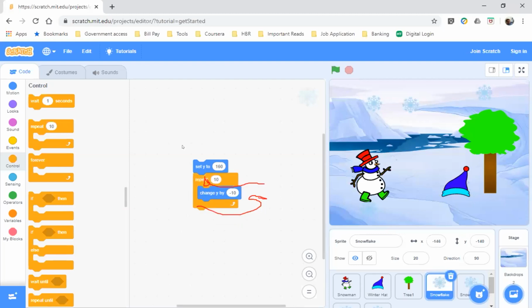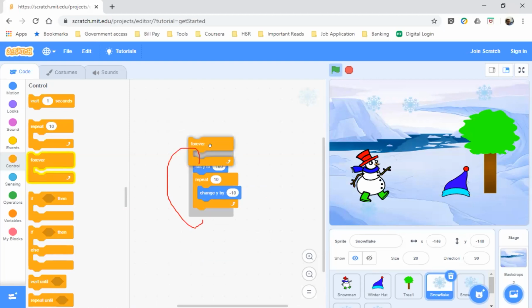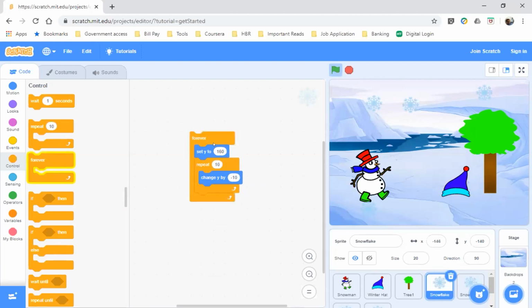Then put a forever block. Just put it over here, forever block. Yes, please put it.